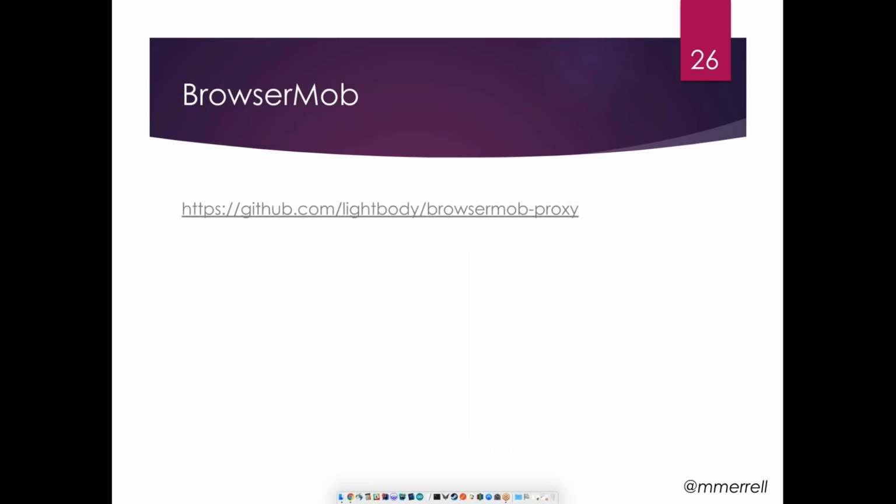Now, BrowserMob is a proxy that was created by Patrick Lightbody, very influential person in the Selenium community as well. It's a very lightweight proxy. It allows you to run an external server. So what we would do is we would run a BrowserMob proxy from a Docker image in Amazon Web Services,